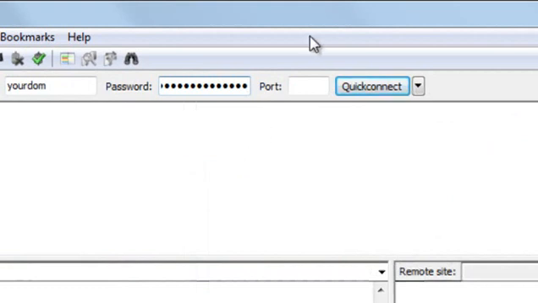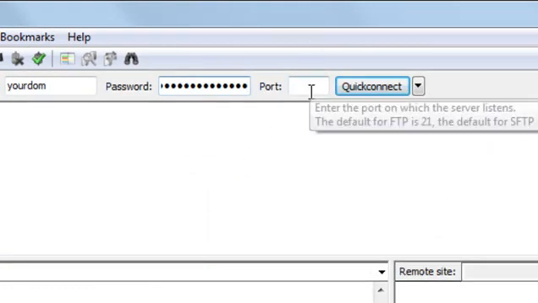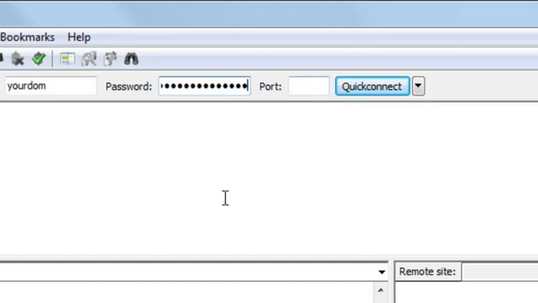Now, on most hosting accounts, you will not need to use a port. It's a default one normally of 21, which tends to be used. If you have a certain hosting provider that requires secure access, etc., then there might be different details. At that point, I'd say refer to your hosting provider and ask them to give you documentation on how to correctly access using FileZilla, and they should be able to provide that for you. But in most cases, over 90% of cases, you'll follow this and you'll hit Quick Connect,